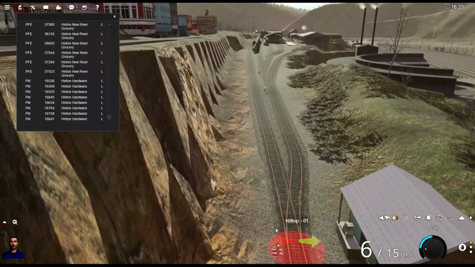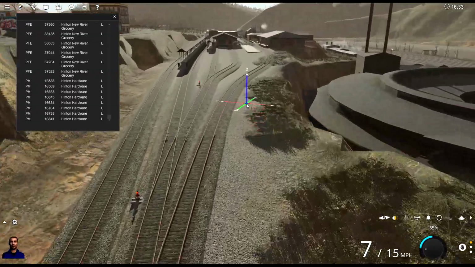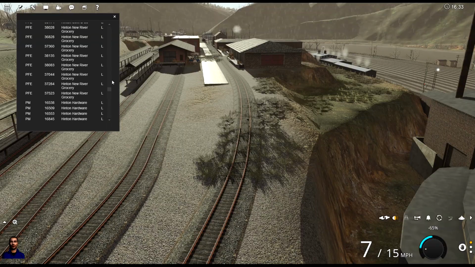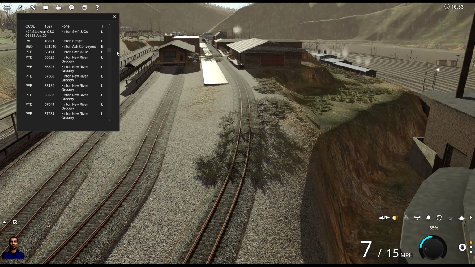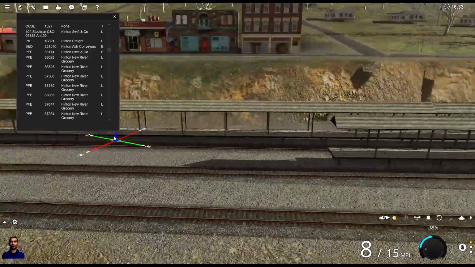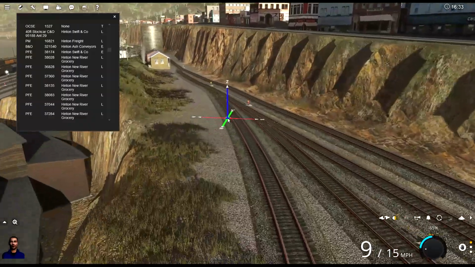All right, then he's going to come over to this side. That's going to be tough. The first ones have to go to Hinton Hardware. Of course, here's another problem. The ones before that have to go to Swift and Company. Okay, so maybe we'll put the ones going to...